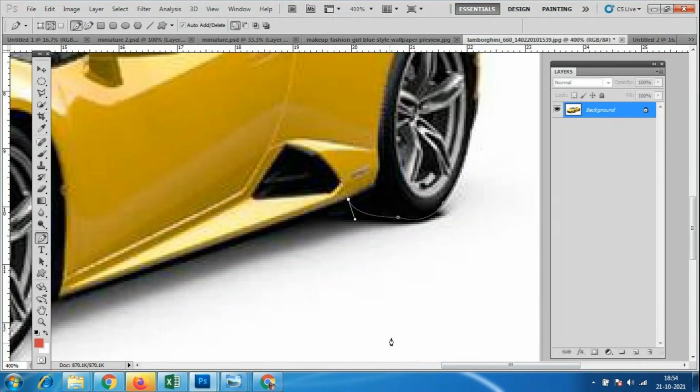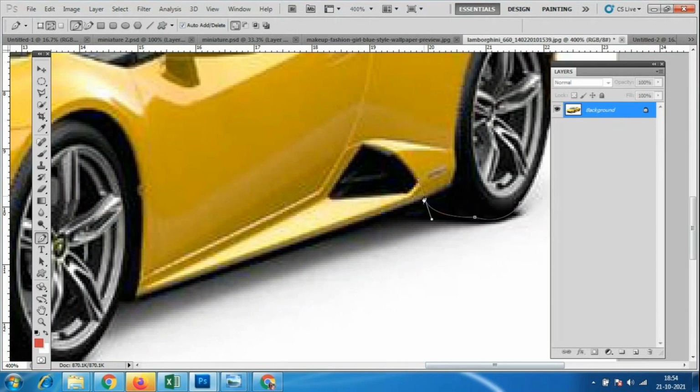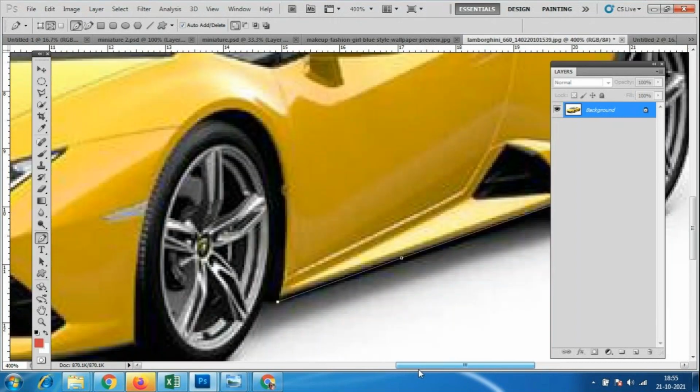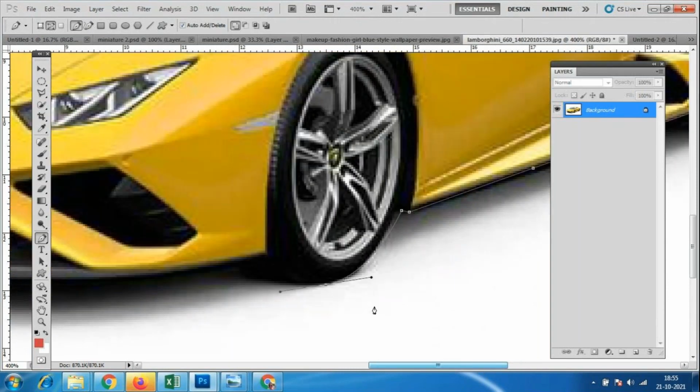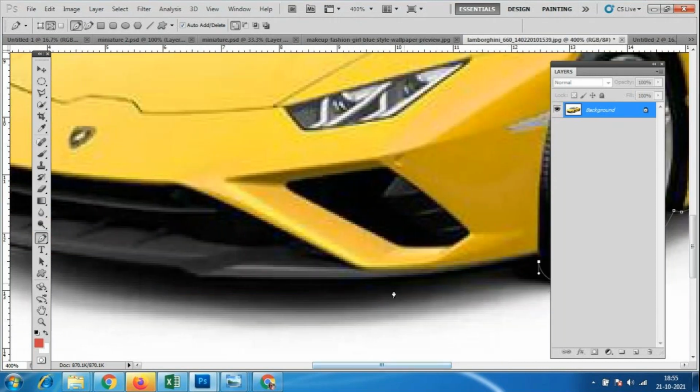So if at any point we have to select it, it should come properly. What we have to do is Alt and left click, cut this point, and like this I'm doing it. You people just have to know this tool. It is not necessary to do any assignment for this tool, which is not compulsory because it is a little difficult. You need to practice a lot for this.